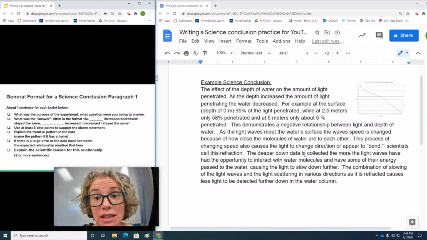The deeper down data is collected, the more the light waves have had the opportunity to interact with water molecules and have some of their energy pass to the water, causing the light to slow down further. The combination of slowing of the light waves and the light scattering in various directions as it is refracted causes less light to be detected further down in the water column. Okay, so I'm giving multiple explanations, or multiple scientific reasons, for why there's less light visible the deeper you go